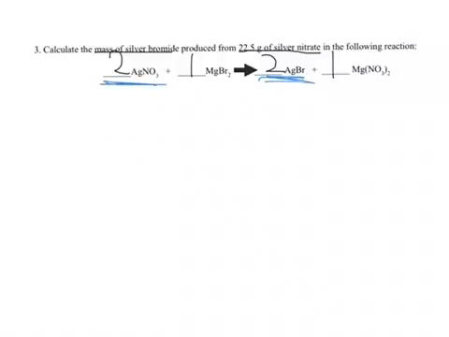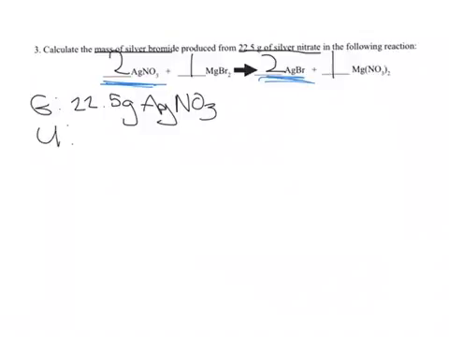All right, so let's take a look. We're going to write down what we are given, 22.5 grams of silver nitrate, and our unknown is our mass, which is another word for grams, of silver